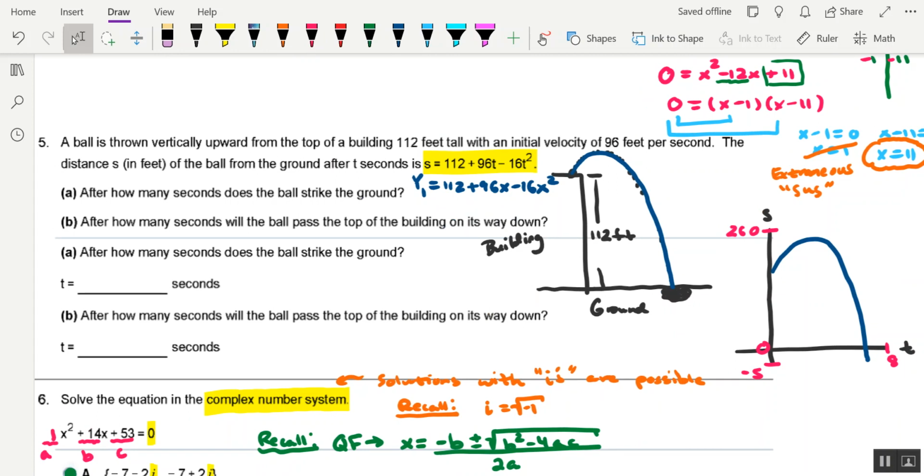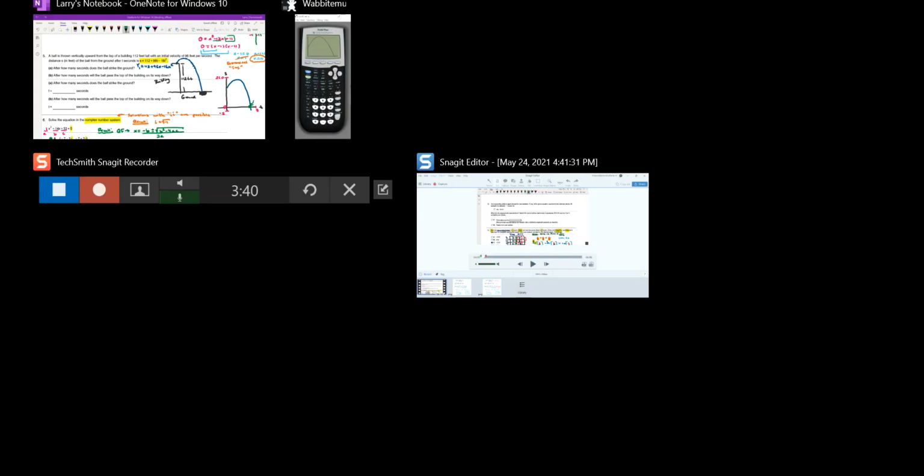It says, after how many seconds does the ball strike the ground? So clearly this is where the ball is going to strike the ground, and that would be an x-intercept of our graph. So we can use the 0 feature to help us figure out the specific value of t for which this happens. So I'm going to go back to the graphing calculator, and I'm going to press second trace. We'll select option 2,